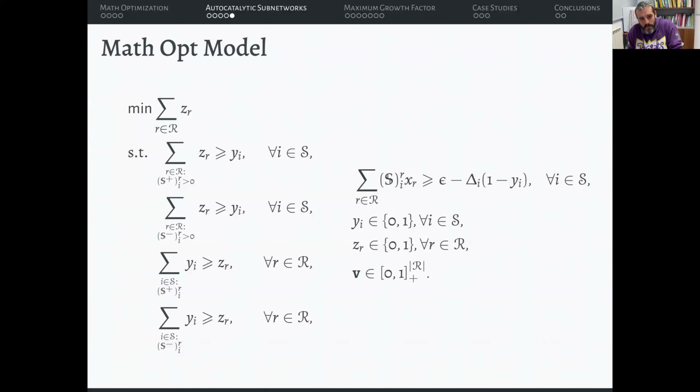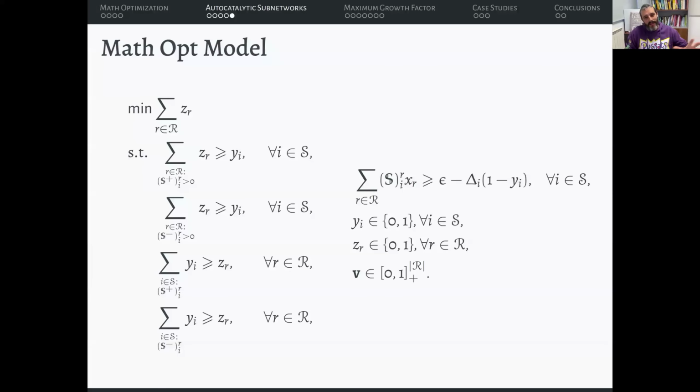And actually, there's another interesting thing in a math optimization problem: even if we don't want to solve the problem, these equations give you the structure of the subnetwork. So one can exploit the region in this space of species and reactions where this problem is feasible or not, or whether there is any hope to find the solution more easily than by solving this problem using optimization tools.